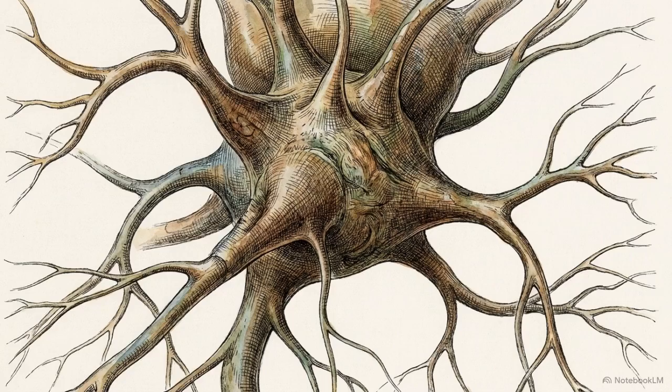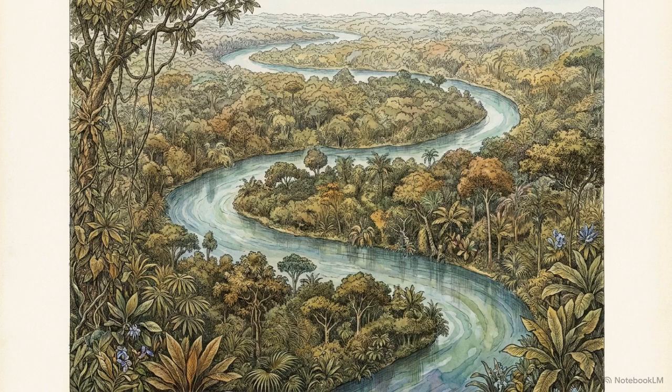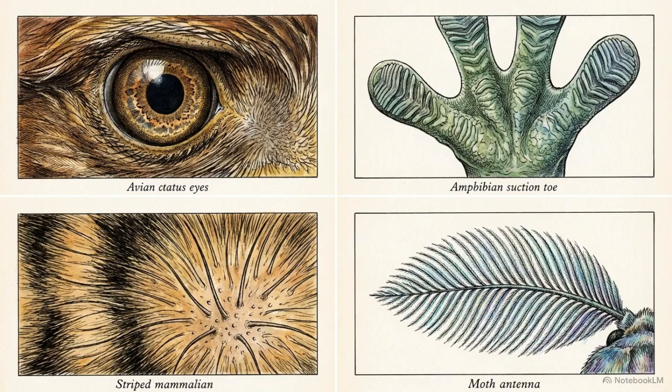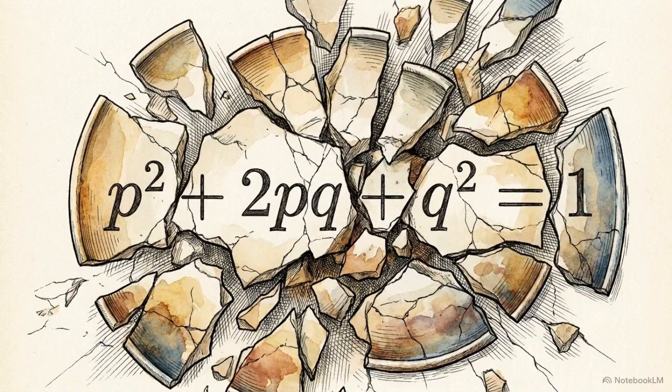So when you look at the sheer complexity of the human brain, or the scale of an ecosystem, you aren't looking at a predetermined plan. You are looking at the result of biological chaos. Every single unique trait on this planet exists for one simple reason: nature stubbornly refuses to stay in mathematical equilibrium.